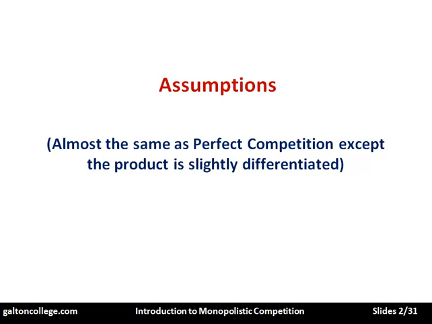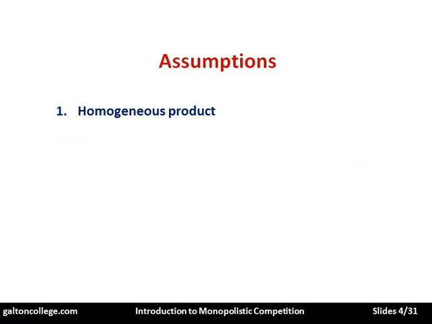Now let's have a look at the assumptions for perfect competition, because all of these assumptions apply in the context of monopolistic competition, except for this idea of a differentiated product. So let's look at the other assumptions in the model. Well, with perfect competition we have a homogeneous product. In other words, all the products are identical. So they're all exactly the same. So the consumer cannot discriminate between the output of one company and the next on the basis of differences in the product. All the products are homogeneous. They are all the same.